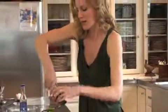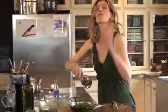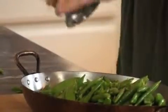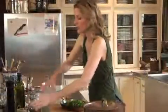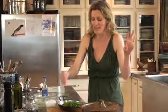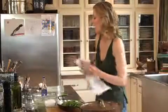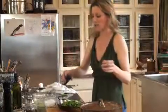The other thing I wanted to mention to you guys, we have a farm just across the way that actually grows these, and it's so amazing. If you can find a place where you can go pick your own, that is very, very cool too, because when these things are fresh, man, all you have to steam them for is like a minute, and it's the most incredible thing. So I'm just salting them, I'm peppering them,